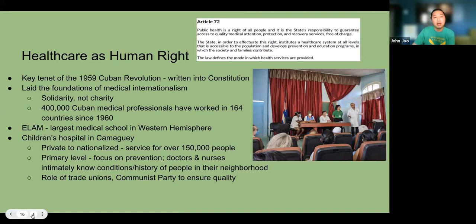And then to that, I just want to talk a little bit about healthcare. On the right side of the slide, you'll see a little screenshot that I took, and it's literally healthcare in Cuba is free. It's written into the Constitution. It's a key tenet of the Cuban Revolution, not based in profit. There's no private hospitals. Jose Marti, who is a poet and national hero, said the best medicine is the one that prevents medicine. And through this presentation that was given in Camagüey of a children's hospital,